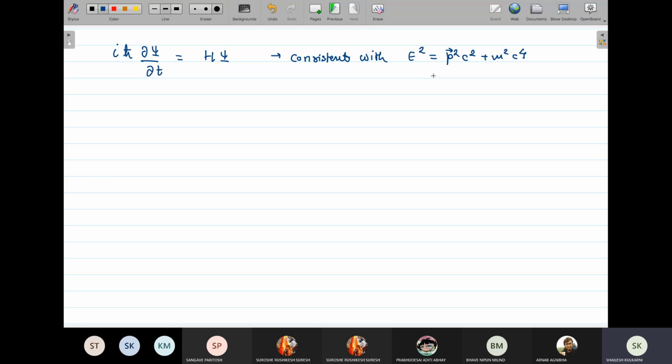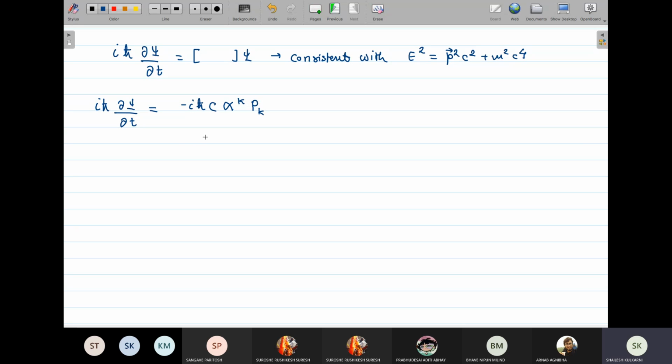So what should be the H? Okay, let us not call this H at the beginning. Let us put something here acting on psi. What should be this? That is the question. Okay. Let us consider the following linear combination. Let us consider i h cross del psi by del t equal to minus i h cross, this is for convenience, we will understand why these factors are there, c, and let us put some alpha k,